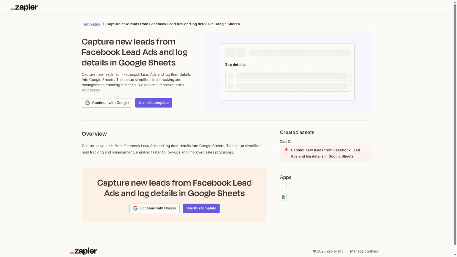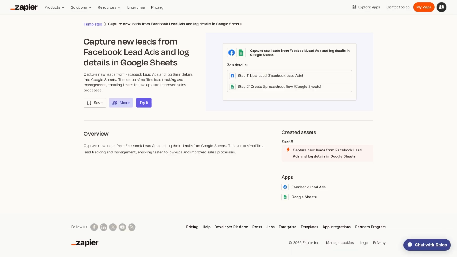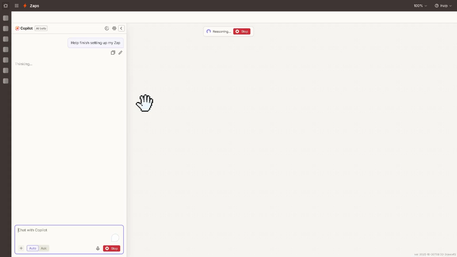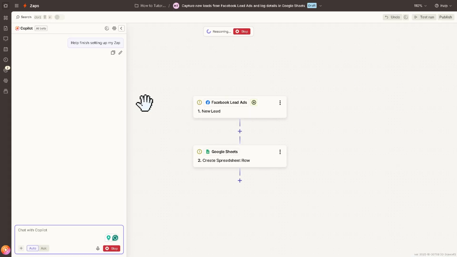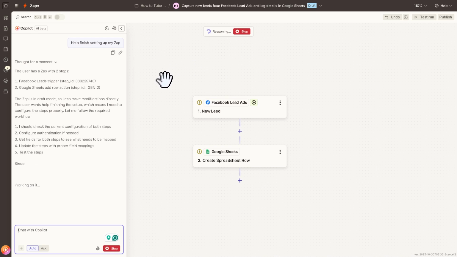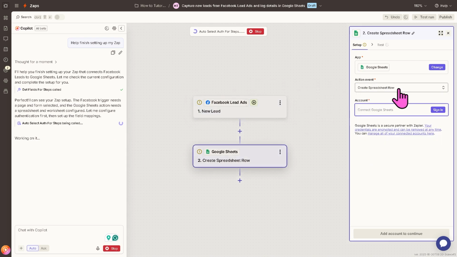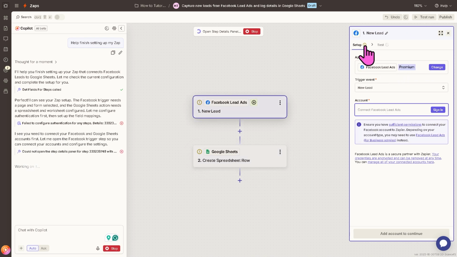From here, do not be confused even if it's your first time using Zapier, because it's very easy to follow. As you may notice, you can see these steps 1 to 2. Then from here, click the Try It Now button, because this will forward you to the automation process. It is creating the workflow for you. As you may notice, the Zapier editor gives you all these options. You can set up the app. For example, you can set the trigger event right here to create a spreadsheet row after getting the Facebook lead ads. Then from here, you need to sign in with your account